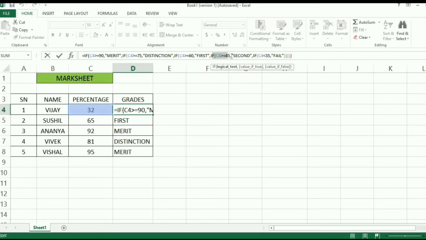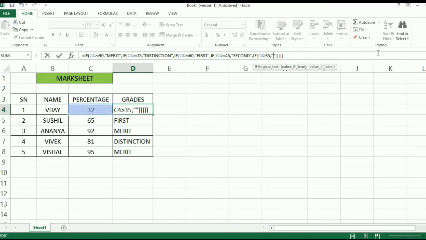Like that we will create a statement. Here C4 greater than or equal to 45 we have written, so second class will be shown, but for the students who have marks between 35 and 45, we have not mentioned any condition. So we have to make some changes within this formula. Once it is finished, our whole calculation will be correct.